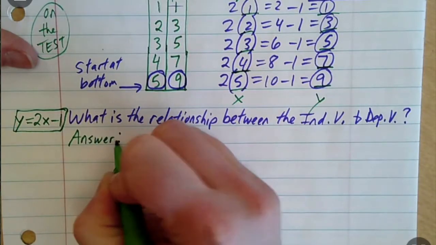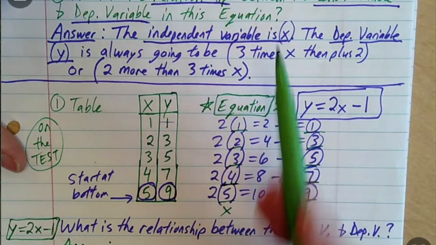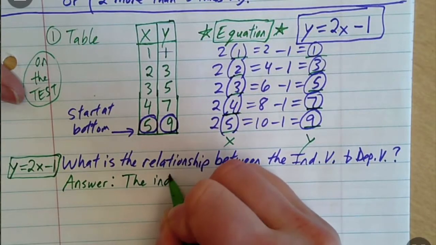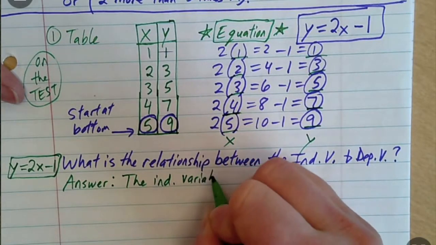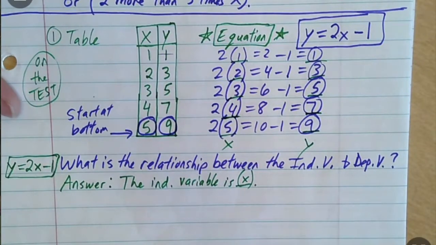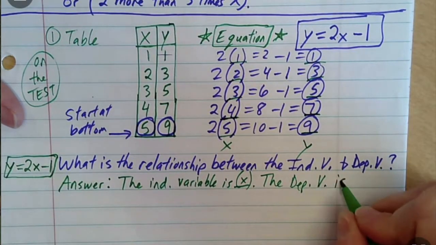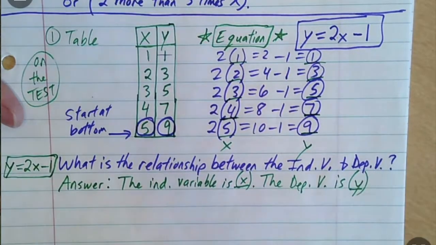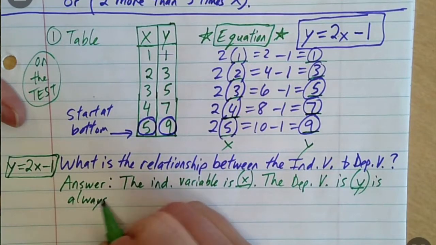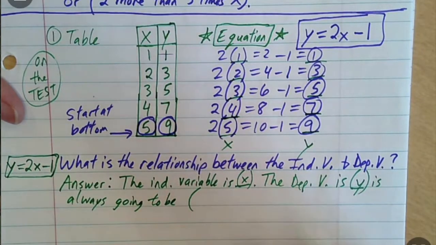Well, how did I start my answer up above? I started with stating which one the independent variable is. So is that going to change? Nope. You would start with the independent variable is which one? And you should be able to tell me. It is x. The dependent variable is which other one do I need to know? It is y. Is always going to be,